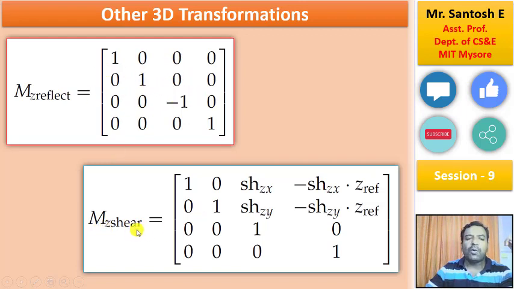Now if I want shearing, right now I am going to apply the shearing with respect to the Z axis. Hence nothing is going to change in the Z value; it is going to be constant. I am going to apply the shear factor on the X axis, and I am going to apply the shear factor on the Y axis, so with reference to the Z axis, and this is the matrix I am going to use. Hence you can modify this matrix depending upon what type of shear you require, in which axis you require the shear effect, and what amount of shear you require. And this is going to be the 3D transformation for reflection and shearing.